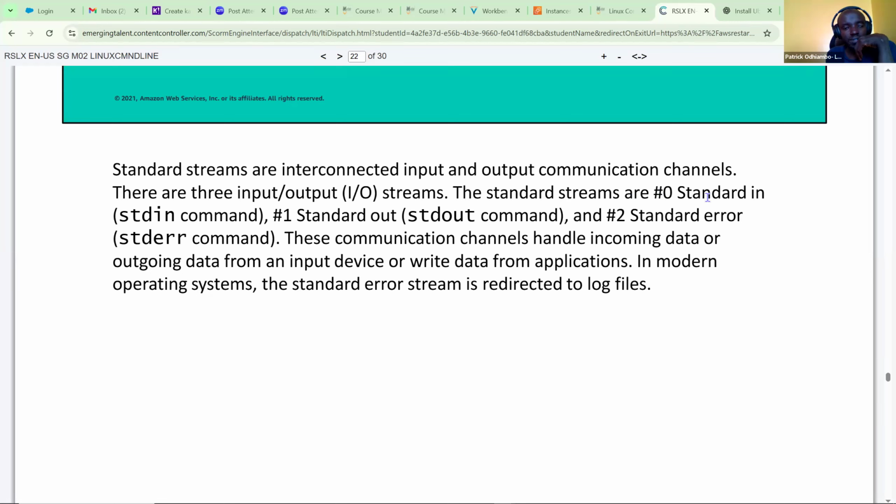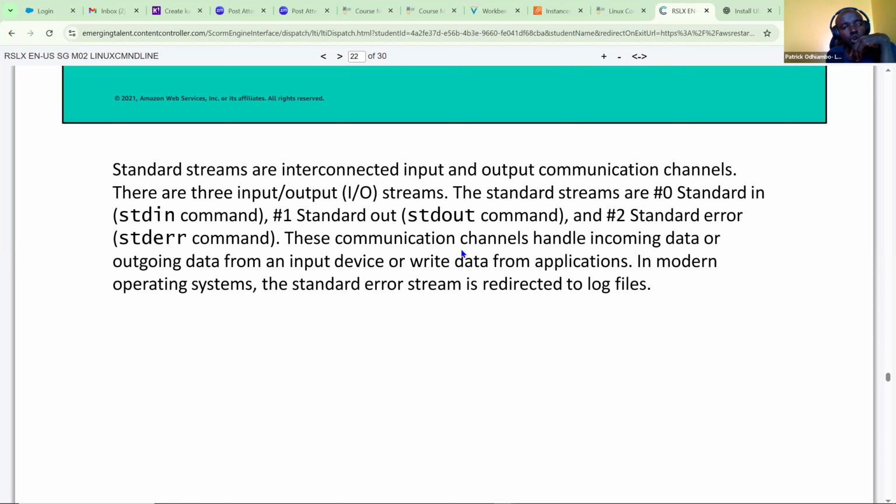number 0, standard in or std_in, number 1, standard out or std_out, and number 2, standard error or std_err.